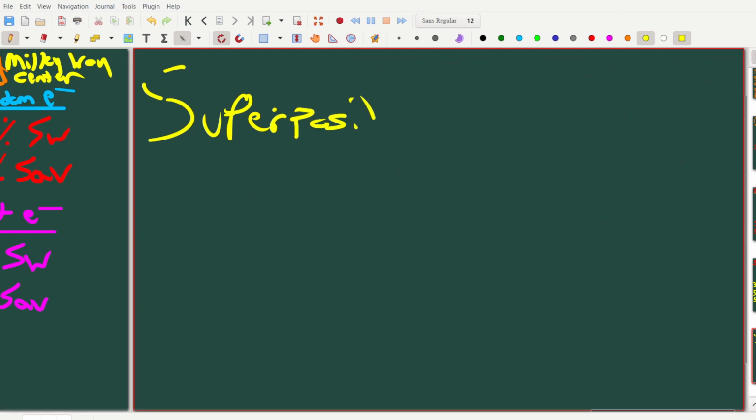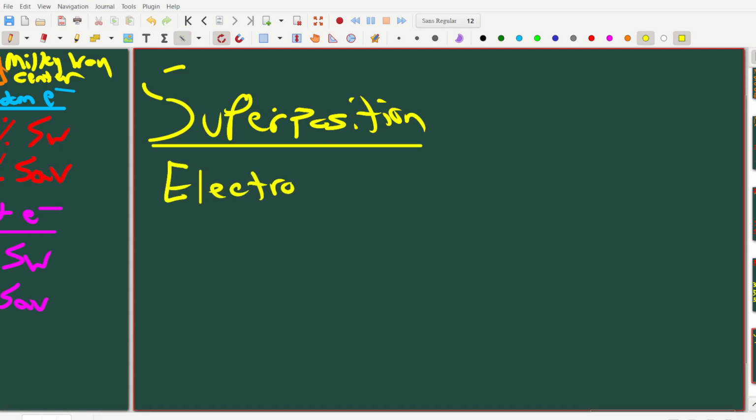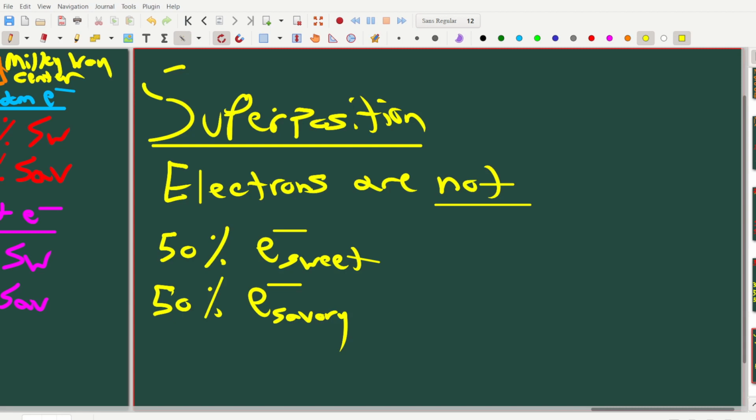Okay, so electrons are not 50% electrons that are sweet and 50% that are savory, okay? Like you have two different distributions. Like you think of it as two different molecules, right? You have some sweet ones and you have some savory ones, and there's 50-50 of them at all times, and they're randomly distributed. This gives you the wrong answer, right? This is what screws us. This is not what they're like. So electrons are not this, but rather